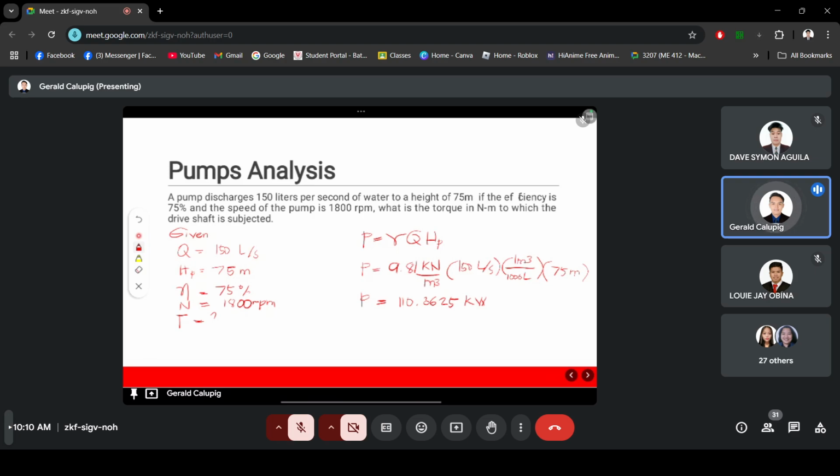Since we have already the hydraulic power, we can have our torque, no, using our formula for power. Power is equal to what? Any one from the class? Yes. Ano yung torque natin? P is equal to what? TW po, sir. TW, torque times the specific speed, right?